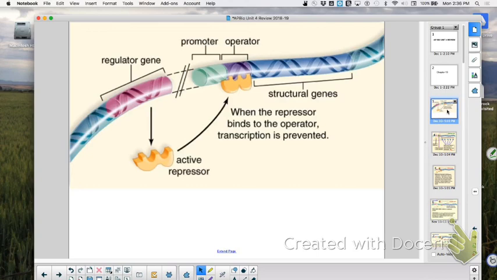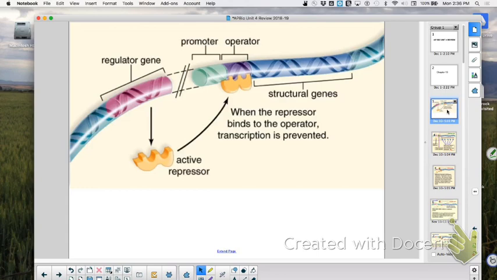Repressible. Am I currently repressing it if it is repressible? No, I am not. How could I get it repressed if it's not repressed? That must mean I need to do something to the repressor. What could I do? Use a co-repressor, and that co-repressor will then shut it down. Usually that co-repressor is a product of an anabolic reaction. I have enough tryptophan, I don't need it anymore. Shut it off when you have enough of whatever that product is, or turn it on when you need it. Those are your two options. When you're dealing with what kind of control?